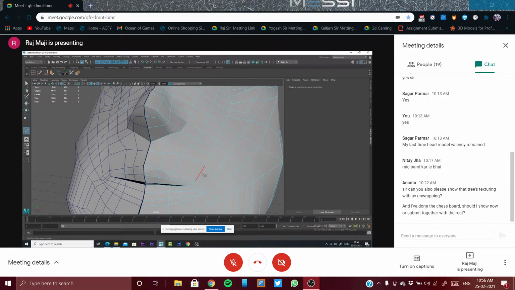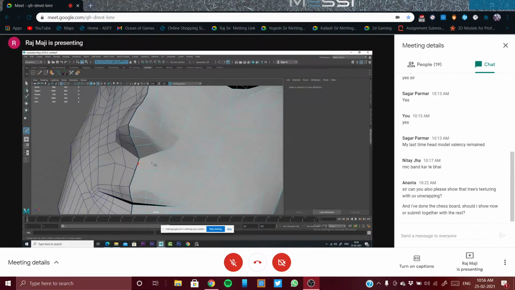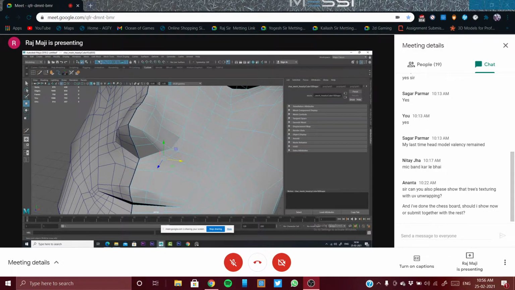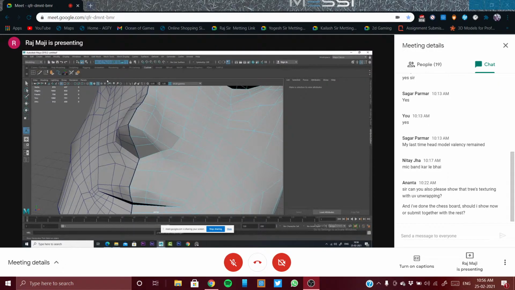The third possibility is, as we know, to exaggerate this ring, we split like this, right? And select this one, edit mesh, and collapse. So the 5 valency can be over here at the corner.